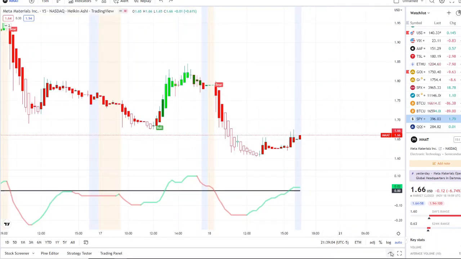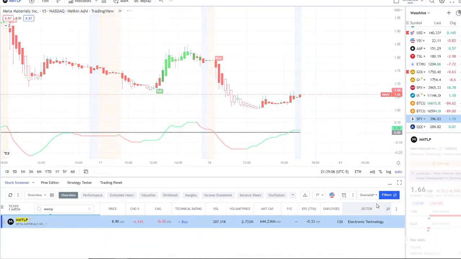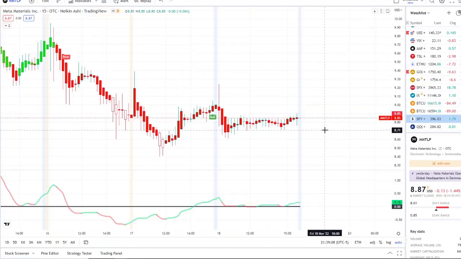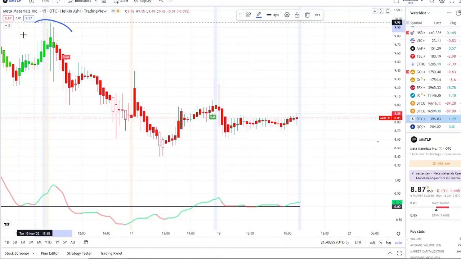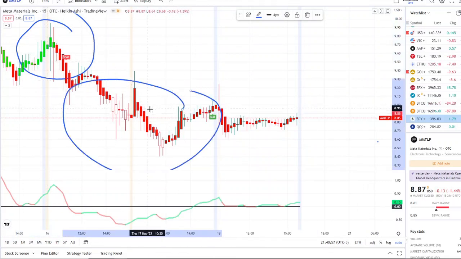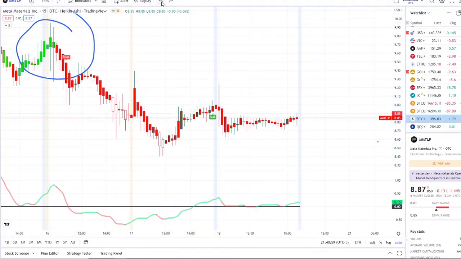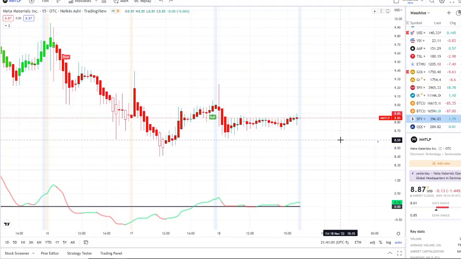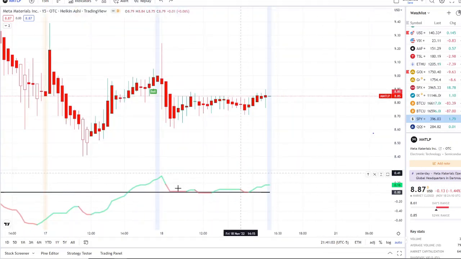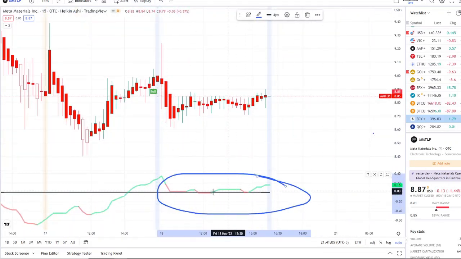But before we do, let's look at MMTLP, Torchlight Preferred Shares. So Torchlight Preferred Shares did a full transition here as well yesterday on the 17th and 16th. It has completed a transition from the rip to the dip areas here and is fighting to bring itself back up. And we're going to break down some supports and resistance, and the inflow versus outflow is battling there within